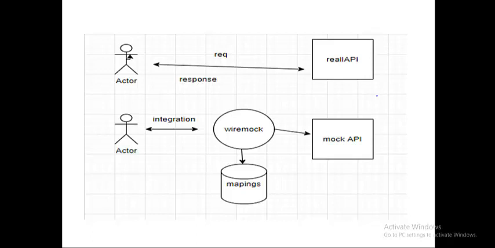If you look at my figure, the top diagram says it is a straight flow. So an actor as a user, I am actually reaching a real API. Say for example, I am working with a PayPal or a Paytm payment gateway application installed in my mobile phone. So basically I can book flight tickets, or I can book movie tickets, or I can recharge my mobile phone, I can recharge my dish TV. I can do a lot of other operations, which means some of the APIs are exposed to the user.